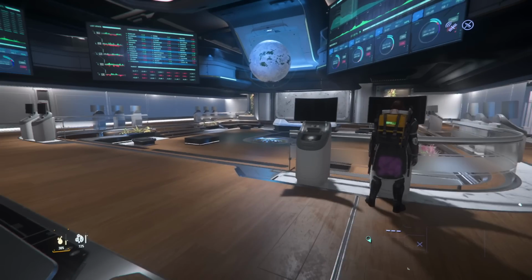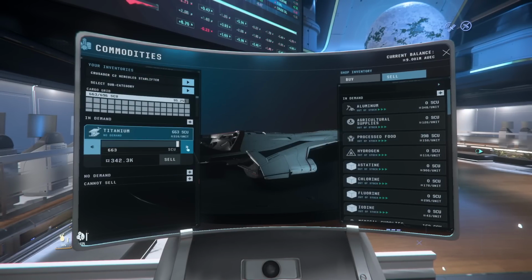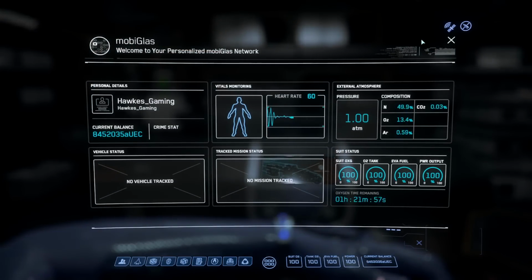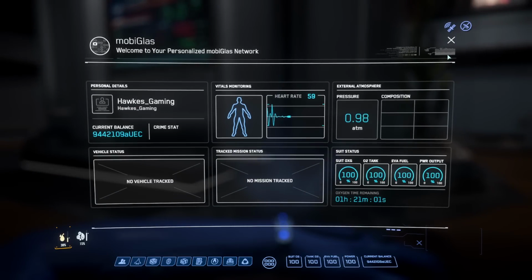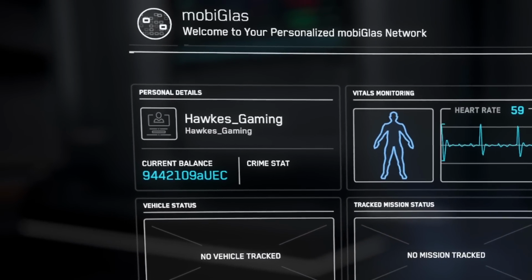Sup, space bro? Time to pawn off this Laranite as well as all this titanium. At the beginning of this run, we had a little over 8.45 million. We ended up with a little bit over 9.44 million. That is a total profit of